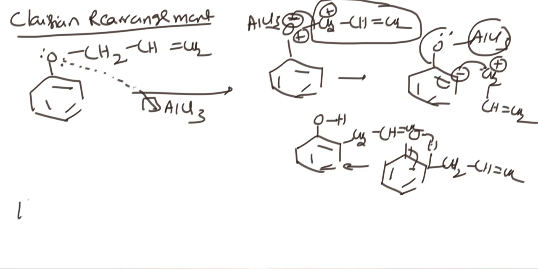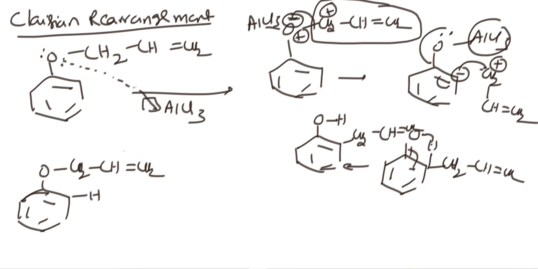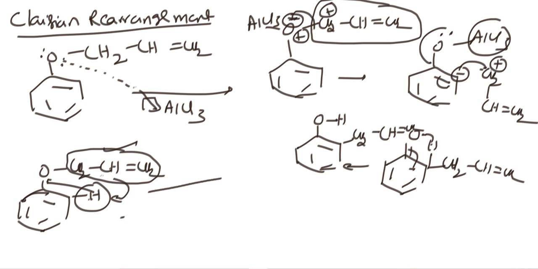And for this also I will tell a small trick. Everywhere my electrophile is generating at ortho and para. That's all. This is the trick. O CH2 single bond CH double bond CH2. Here hydrogen is there. Exchange these two. The hydrogen is going up, and this is coming in the hydrogen place, and in this place the hydrogen is going. Then you are getting this product only. Okay, so very simple. This is called Claisen rearrangement. I hope it is understood very easily.